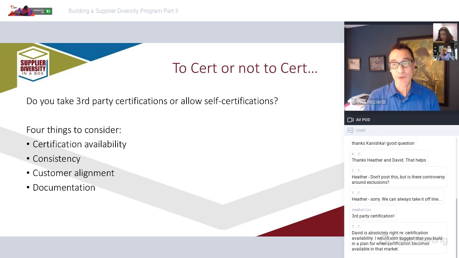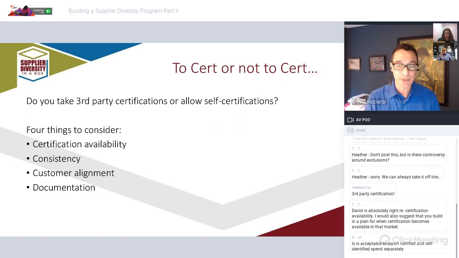And aligning with your customers is often a good practice, because when you are reporting numbers to them, your numbers will align with theirs. And we often see there are some commonalities in various industries. If you were a pharmaceutical company, you might see one thing. If you're a financial services company, you might see another. But knowing what your customers are doing in this space helps inform what you might want to do in this space as well.